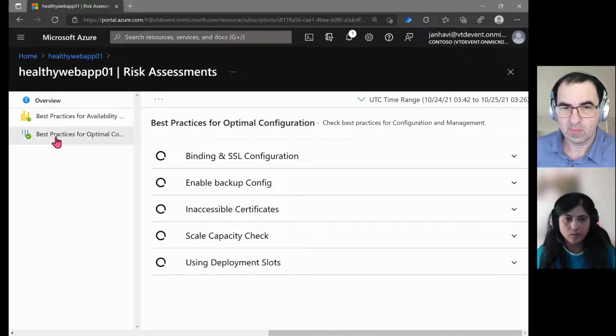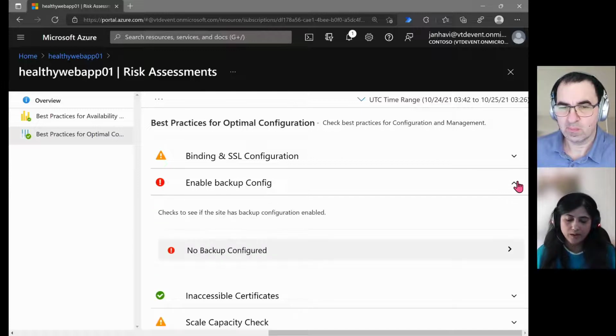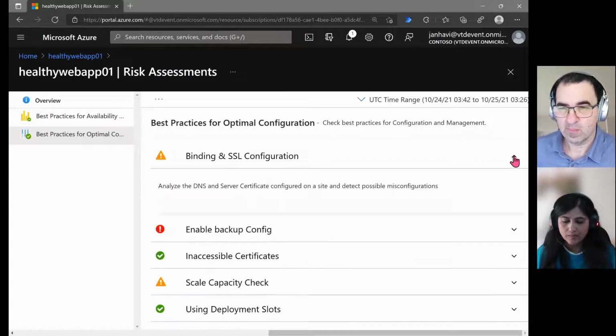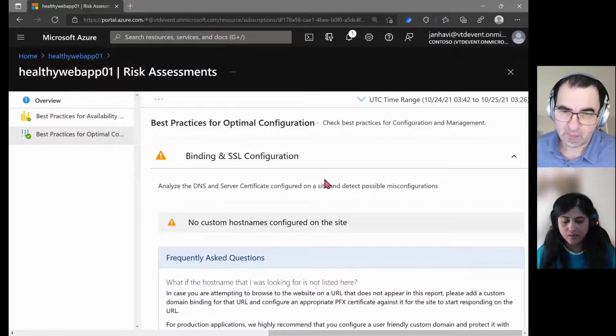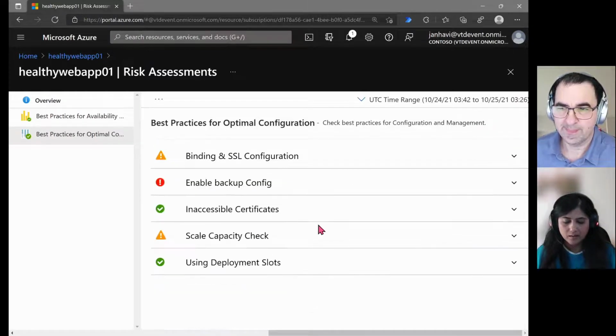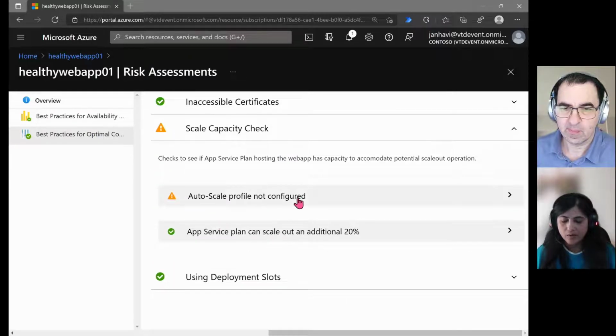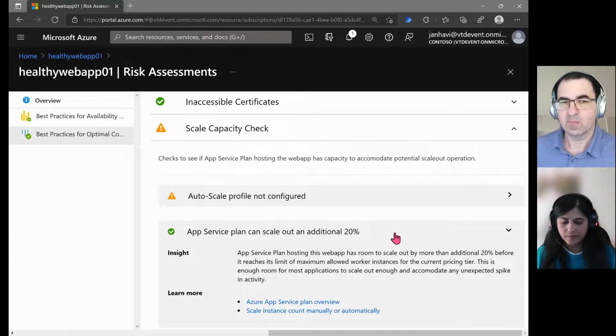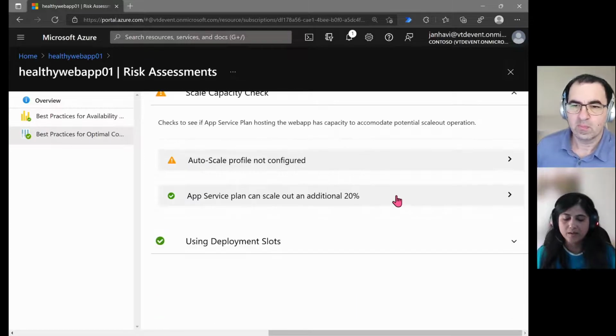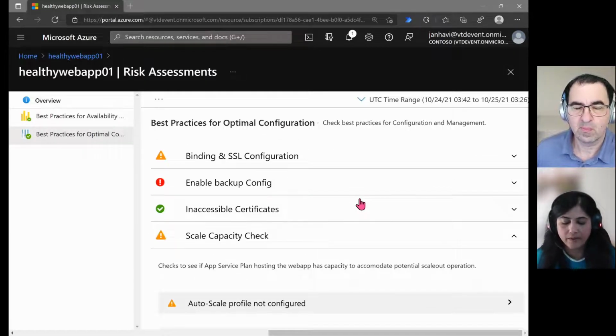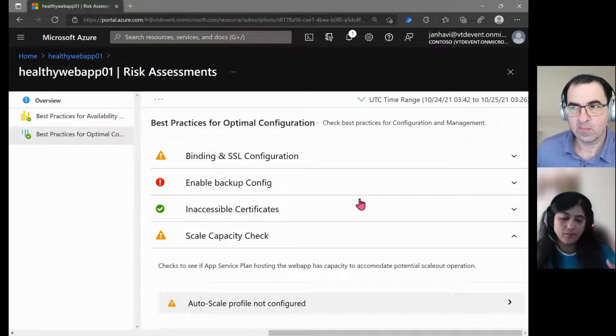And then here we have got the optimal configuration. So have you done the optimal configuration for this? It's always a good idea to enable backup for the config, and then bind SSL you want to set up, and scale the capacity check. So you can auto scale. We haven't configured that, so it will tell you. And scale out to additional 20%. So it's giving you all this information here, which is again a very useful tool to have,